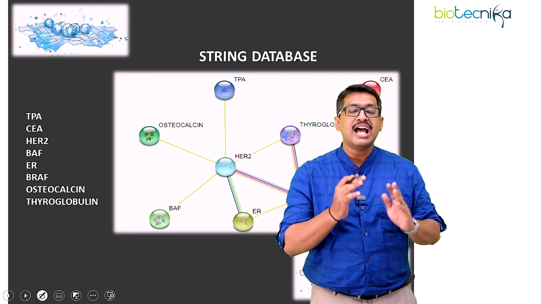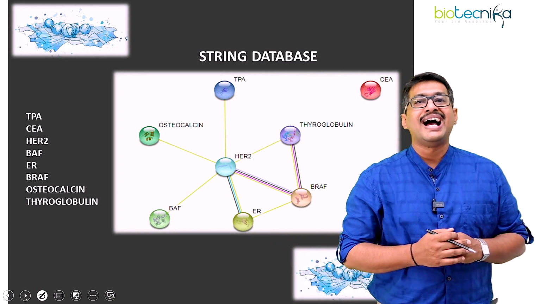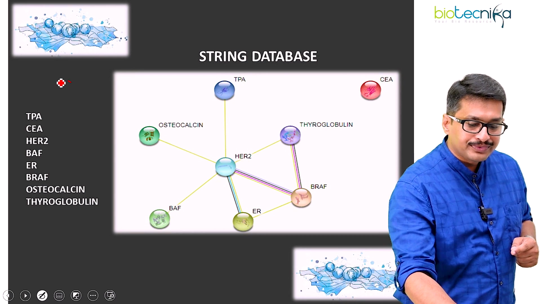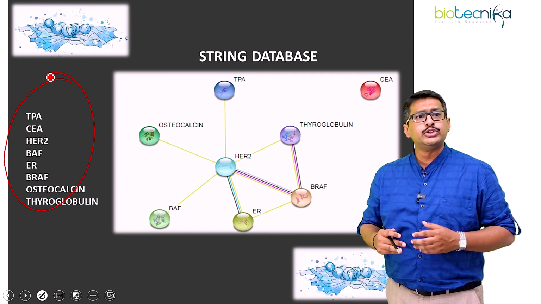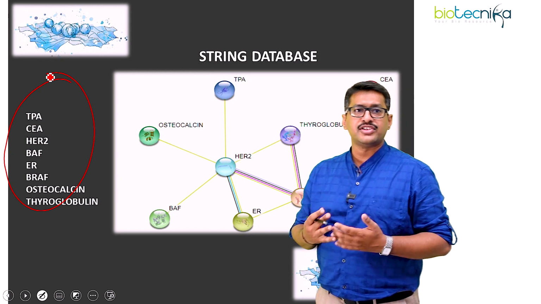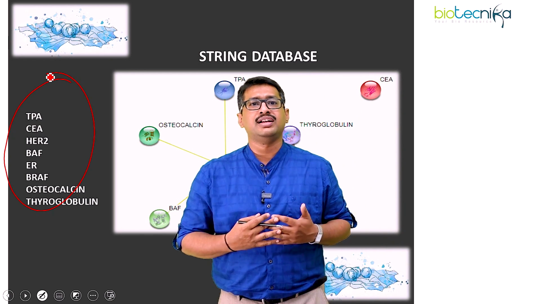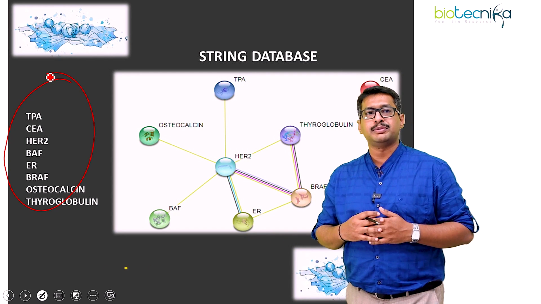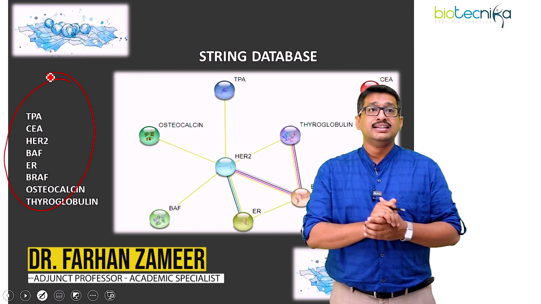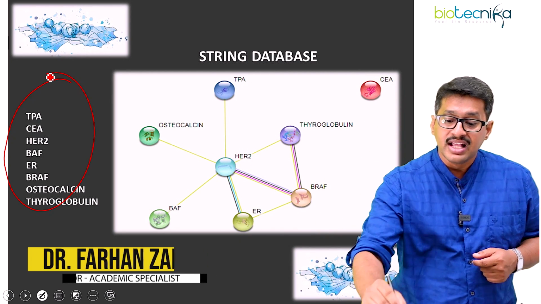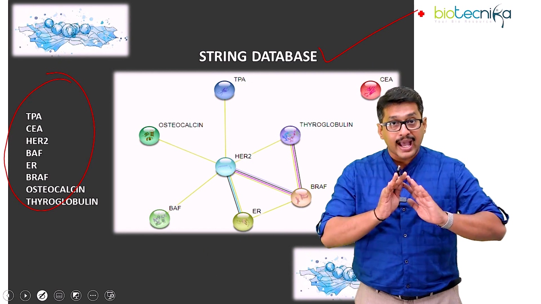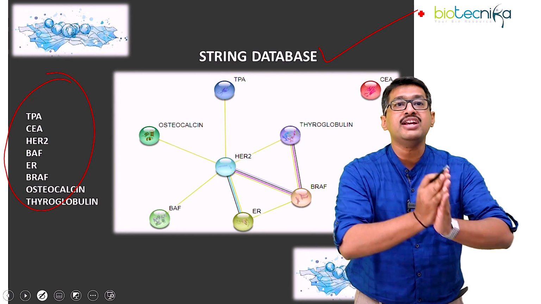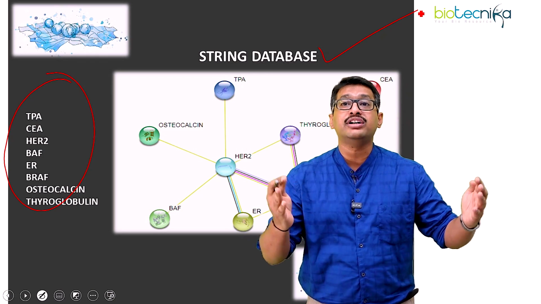So to make you understand this component, I have selected a few biomarkers from our previous list. That is, I have TPA, I have CEA, HER2, BRAF, ER, that is estrogen receptor, BRAF, then you have certain bone receptors, then you have the thyroid marker which is called thyroglobulin, etc. Now, using bioinformatics, very importantly the STRING database, which is absolutely free to try, I am taking this particular combination of biomarkers and trying to look into the functional